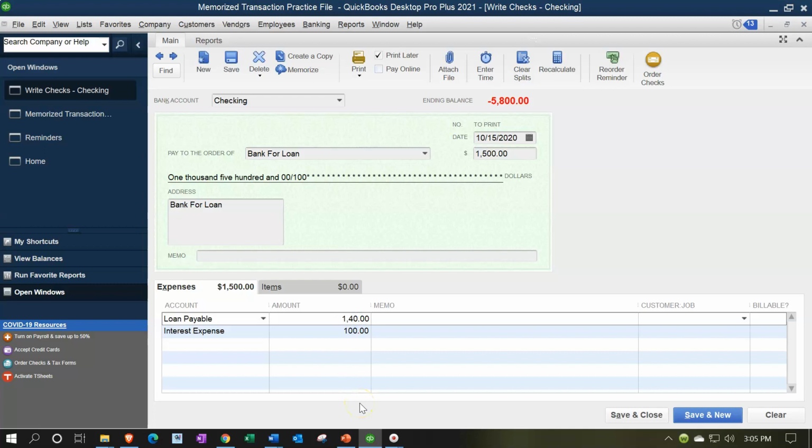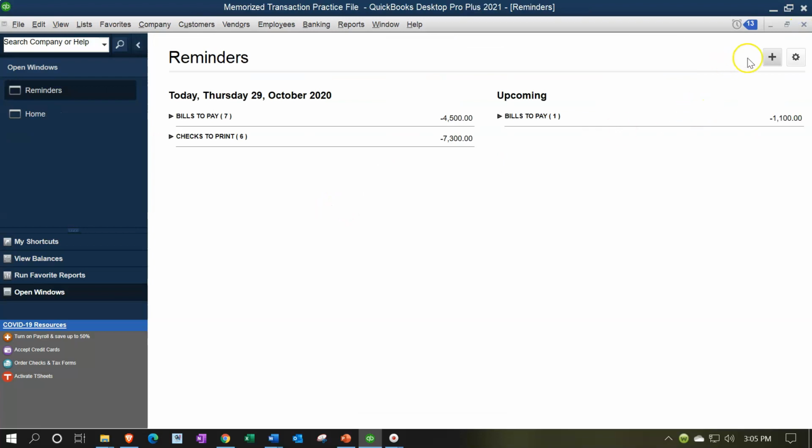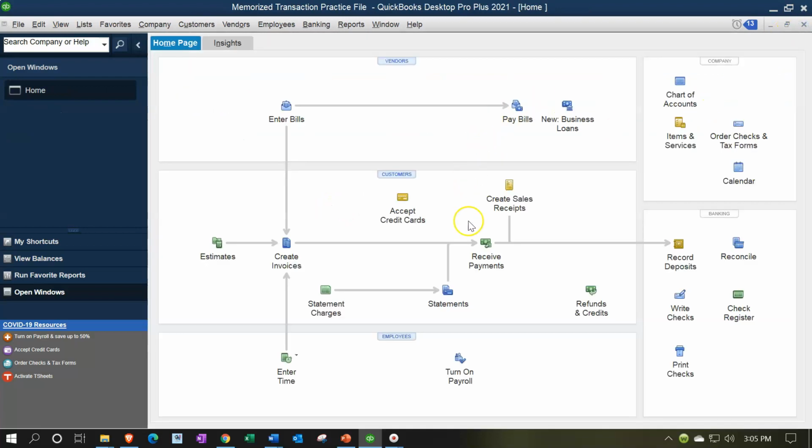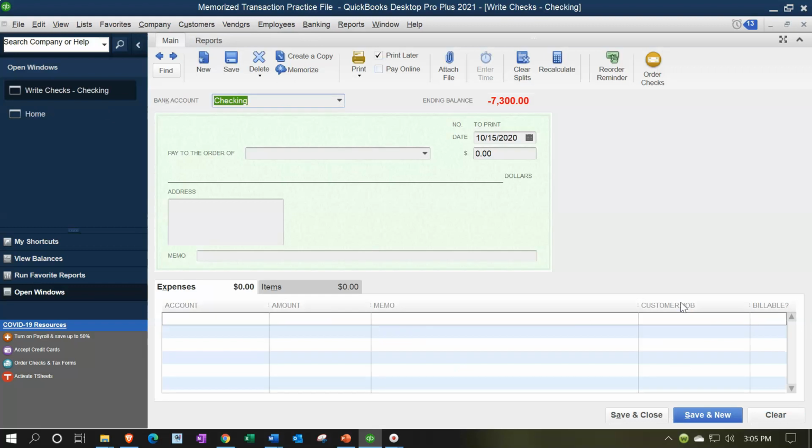this is 425, and this should now be 75, let's say. And we'd have to make that adjustment, and then I can just go ahead and save and record that. So obviously this kind of transaction would happen for anything that's a repetitive type of transaction. So if I was to have like a software company that we're paying on a monthly basis, and it's a fixed amount for some kind of software we're using,